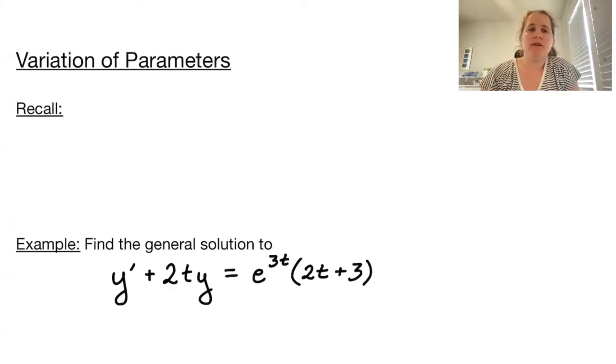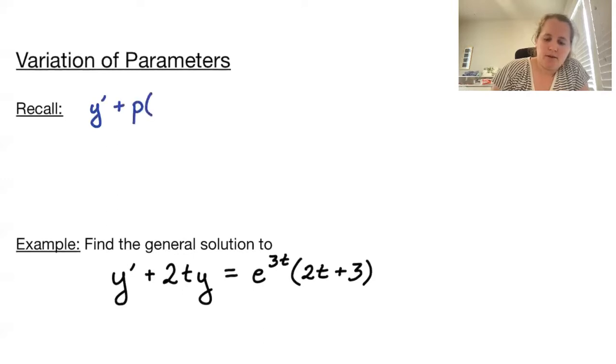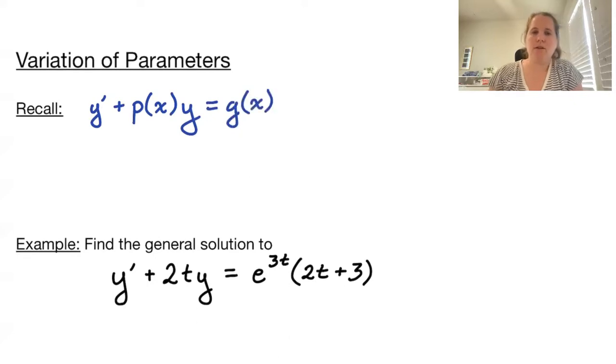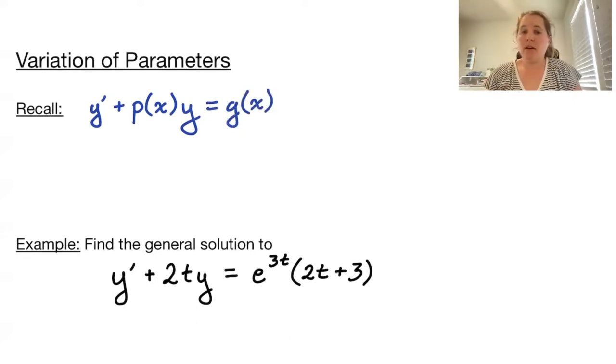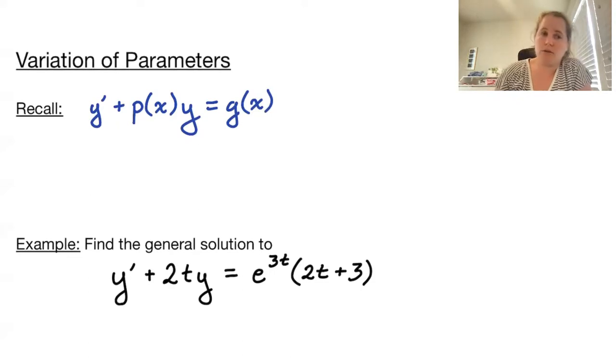Welcome to variation of parameters. So recall in the previous videos, if we had y prime plus p of x times y equaling, I'm going to change this to g of x here instead of q of x. If we have this type of differential equation, this has general solution